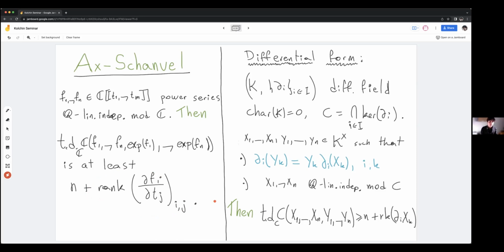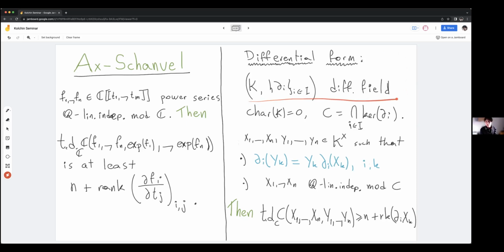Okay, excellent. This is a very good theorem. And the method that Ax used to prove this theorem was completely differential algebraic. So it was just using differential algebra. And in that sense, the theorem of Ax is really a theorem that can be stated abstractly in the setting of differential fields. So I have restated the same theorem here in the differential setting, where now you just work